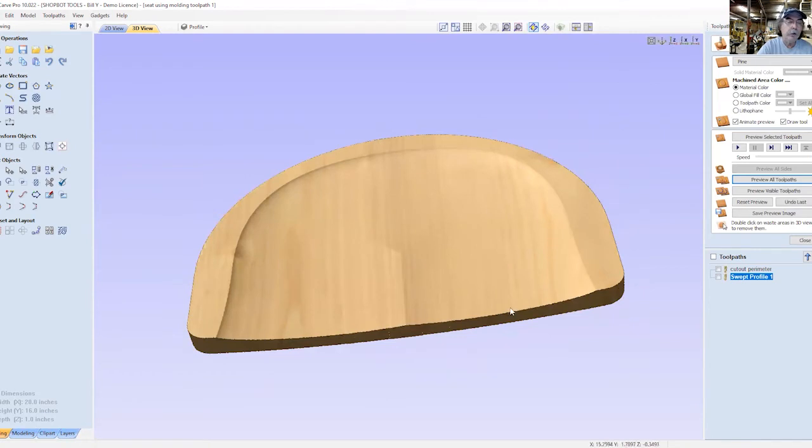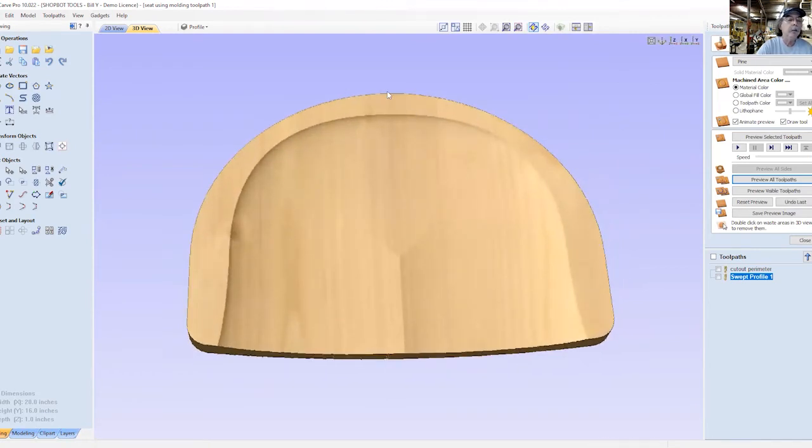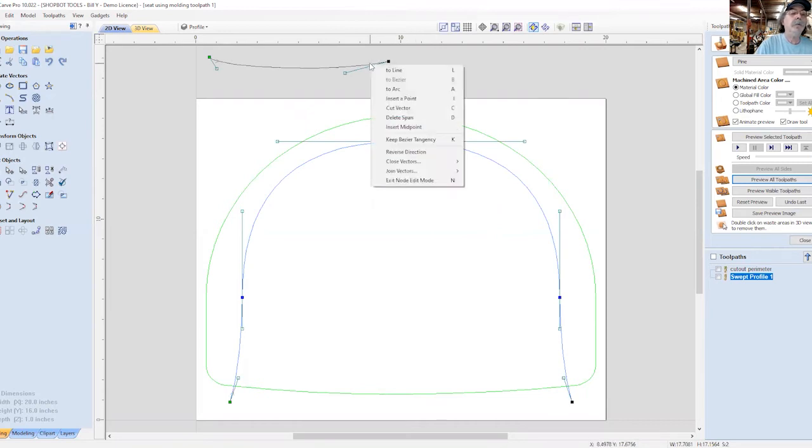Get our waste material. Now you can see it's a little bit nicer shape. It's a little more form fitting. And it's just a matter of doing, you could take this if you want to, you could make this a little bit steeper. You could put a little bit more side here. You could, if you wanted to, you could add a,